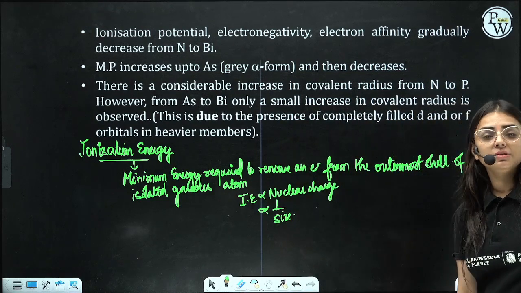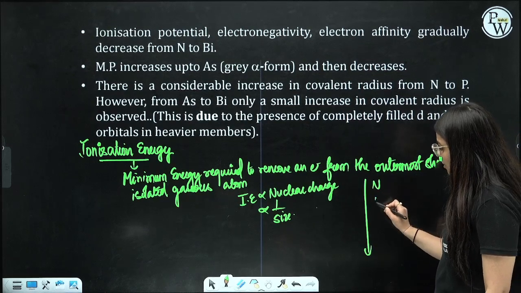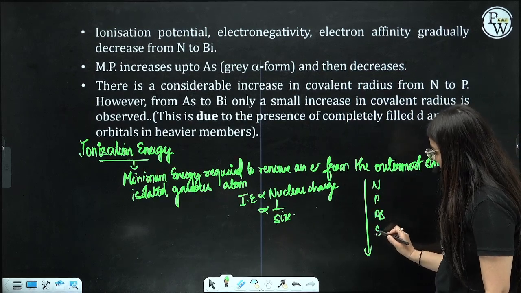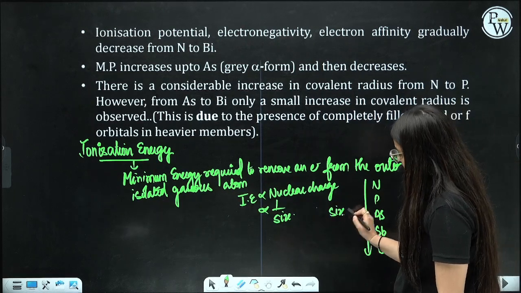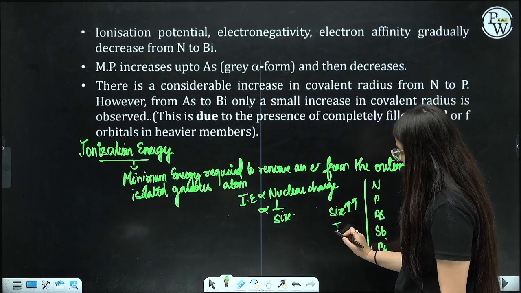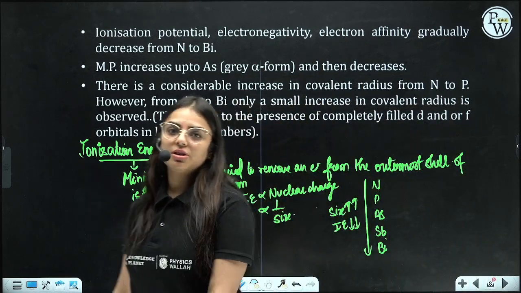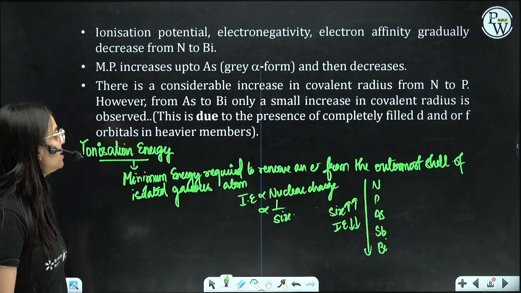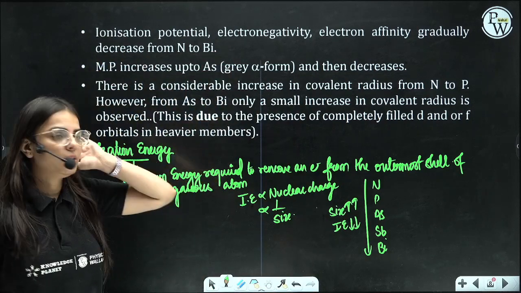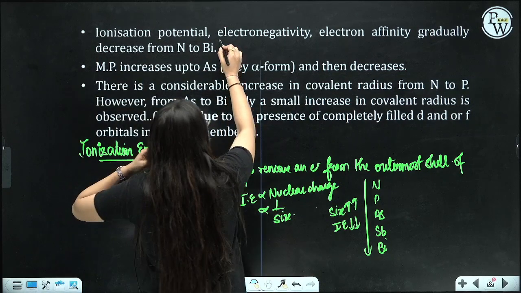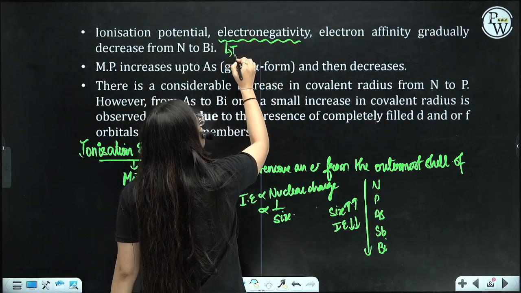Always remember this part. Now, when we move from top to bottom, from nitrogen, phosphorus, arsenic, antimony and bismuth, the size is increasing. If size is increasing, very simply, ionization energy will decrease. Why? Because ionization energy is inversely proportional to size. So that is ionization potential. Now comes electronegativity. Very important key concept. What is electronegativity? Electronegativity basically is the tendency